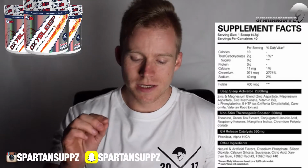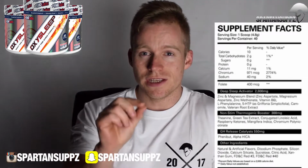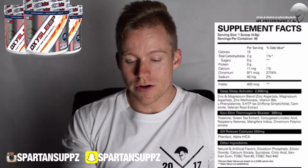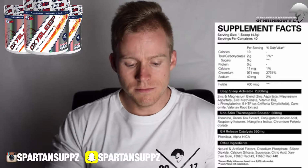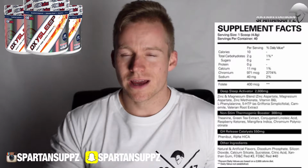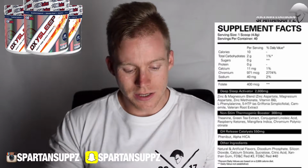We don't know exactly, because this is a blend within a blend, we don't know the exact amount of each and every ingredient in this product. But bearing in mind it's the most abundant ingredient in this blend, it looks really good. Next up in there, we have some L-phenylalanine, a good relaxation agent, more of a calming sort of effect. Based on where it is, the dose looks pretty good. Next up, we've got some